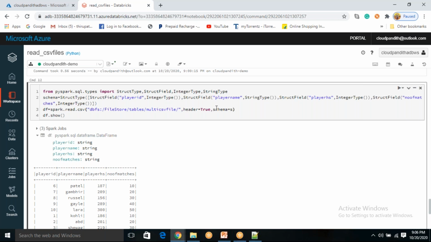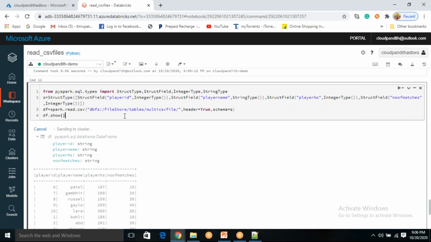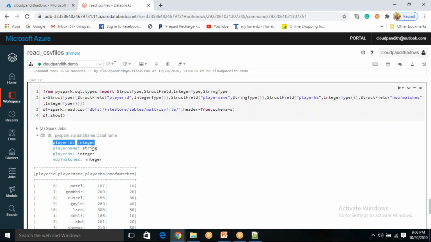So that's why I just wanted to use S here. What is S? This variable. This one I will modify to S. So this entire schema you have created is assigned to a variable called S. That S I am using. Schema equal to this S variable has some value, and that is going to be my schema. Let's say df.show now. See now, integer, string, integer, integer. So now it has changed. So you need to use a user defined schema to read the CSV files instead of saying infer schema equal to true. Okay, clear? Any doubts here?